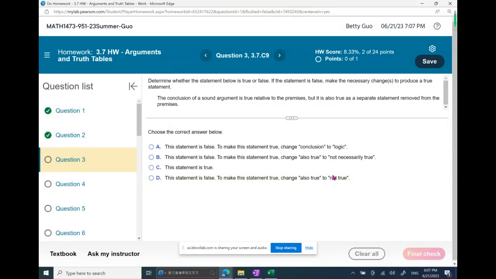An argument is valid if the conclusion can be drawn from the premises logically. But a valid argument may not necessarily be sound. In order for a valid argument to be sound, all the premises have to be true. To make this statement true, change,